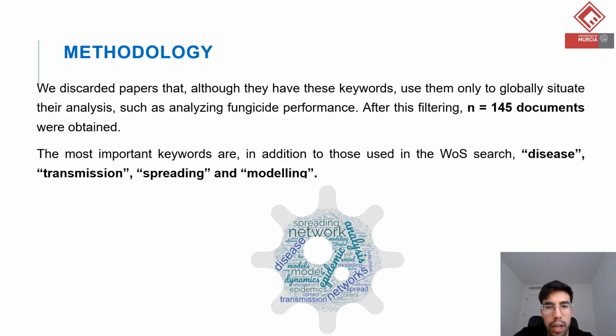After this filtering, 145 documents were obtained. The distribution of the keywords of the analyzed papers is shown in the figure. The most important keywords are, in addition to those used in the Web of Science search, disease, transmission, spreading, and